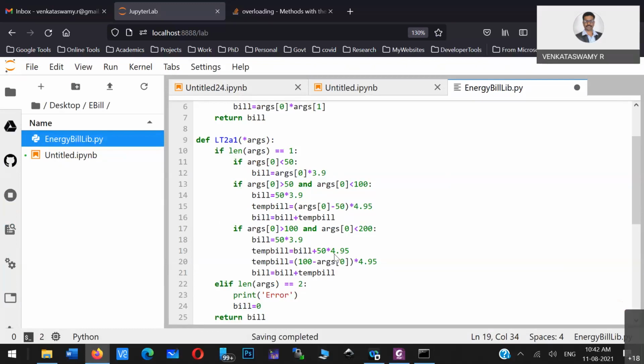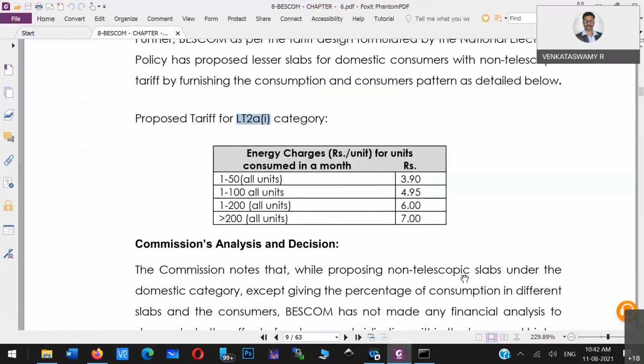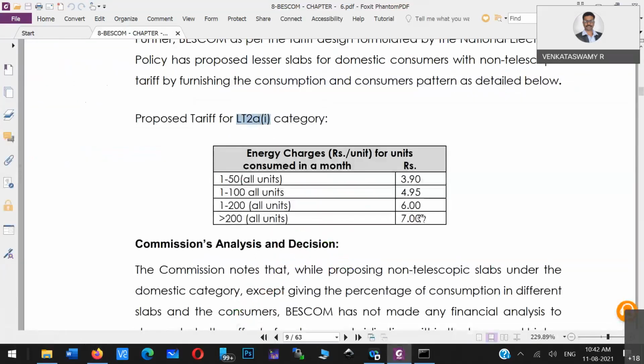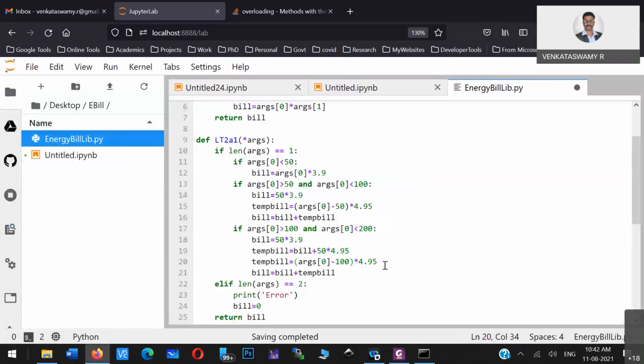Now what we have to use is the number of arguments minus 100. When we deduct 100, then we get the remaining units which are crossing 100. That particular thing we have to multiply with 6 rupees.